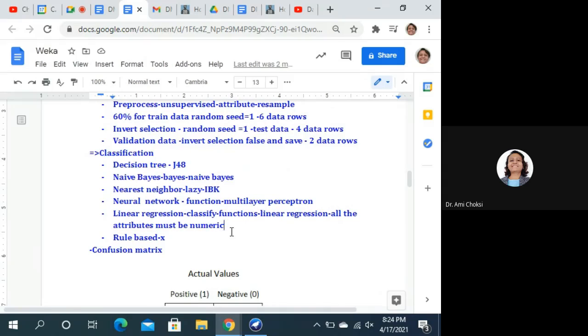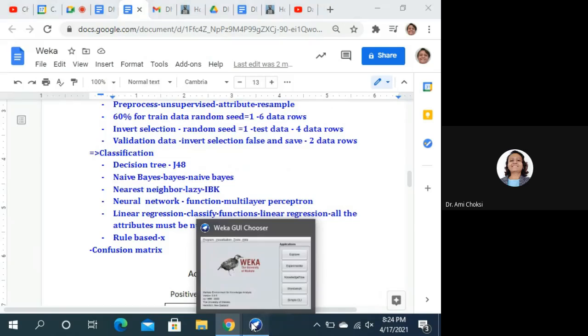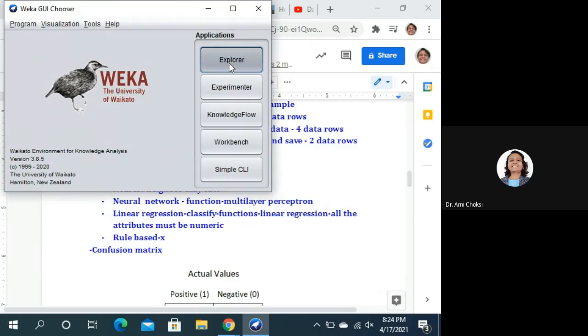So if we have a non-numeric attribute, we should remove that, or otherwise take any data set where we have all numeric attributes, right? So let us take it in Weka Explorer.